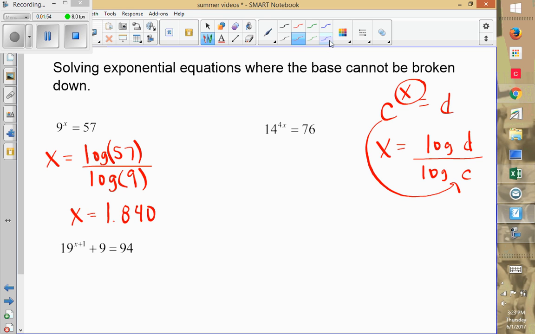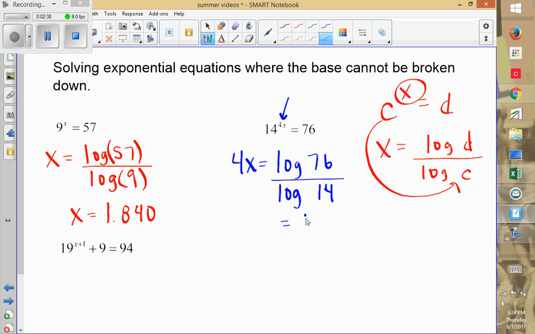Now the equations are going to start to get a little bit more complicated in the sense that the formula I gave on the right-hand side solves for the exponent. But when the exponent becomes a little more complicated, we're just going to add a couple more steps. I recognize that 14 and 76 are not bases that I can break down, so I'm going to need the formula. I'm solving for 4x, so I have the log of 76. 14 is the base, so it's going to go in the bottom: the log of 76 divided by the log of 14